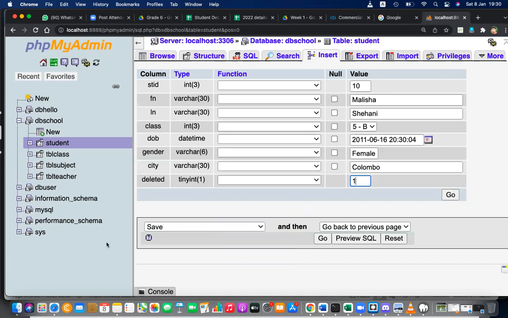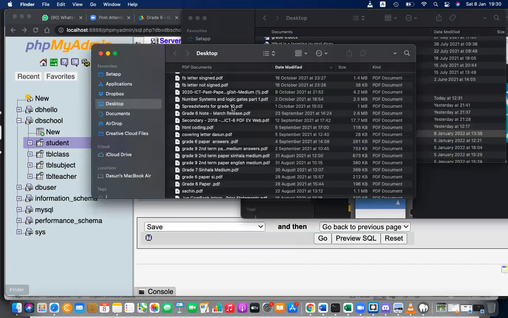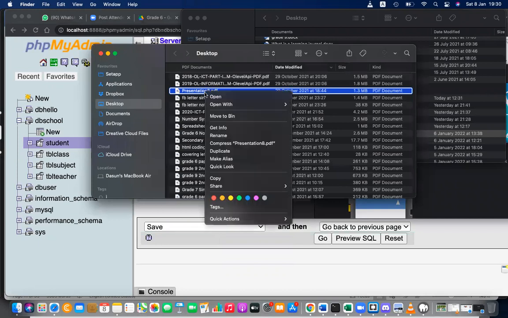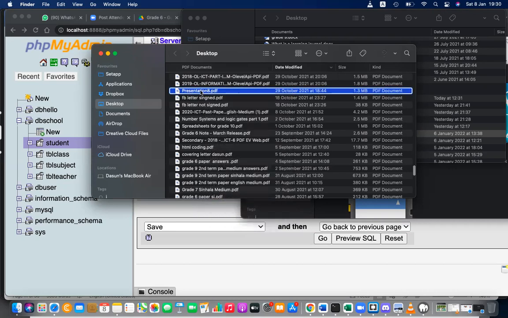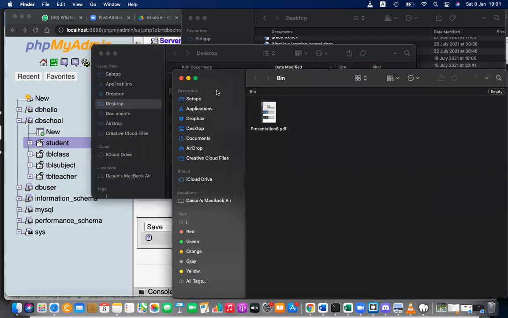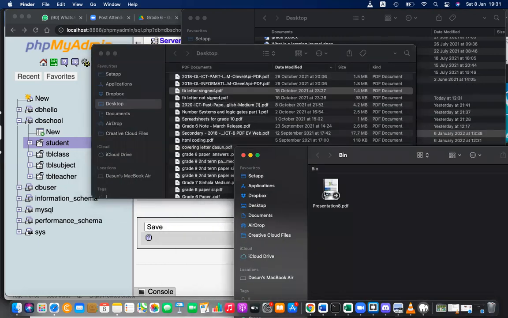Let's say I just want to delete something, here you can see this presentation 8, and I right click and delete. But actually, deleting means I'm moving this somewhere else. It's moving to the recycle bin. It is not deleted inside. Instead, it is stored in the recycle bin, and then I can get that back.